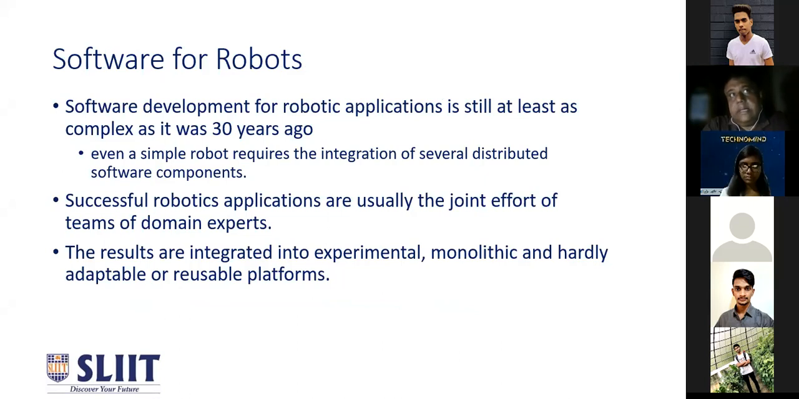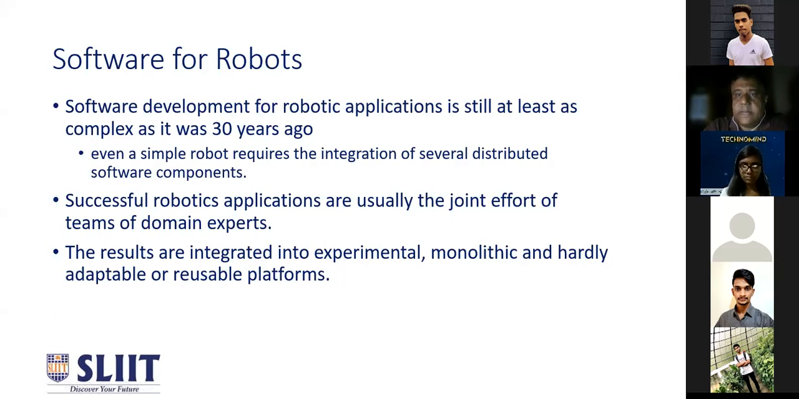Now, although software development has come a long way, the software architectures for robots, so basically developing software for practical robots, is still complex. This may not be very evident if you are developing software for a very simple application like a hobby project. But if you want to develop a robot for a real task, usually you need multiple experts